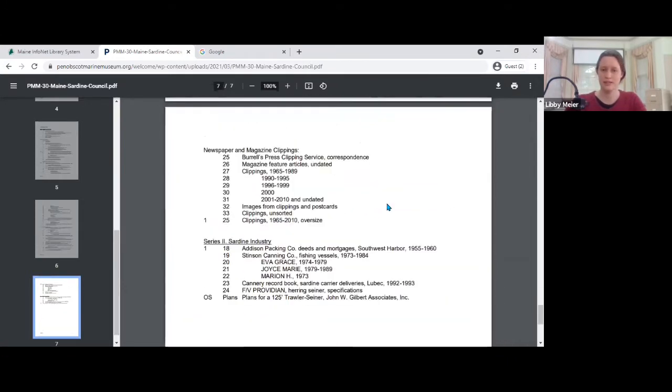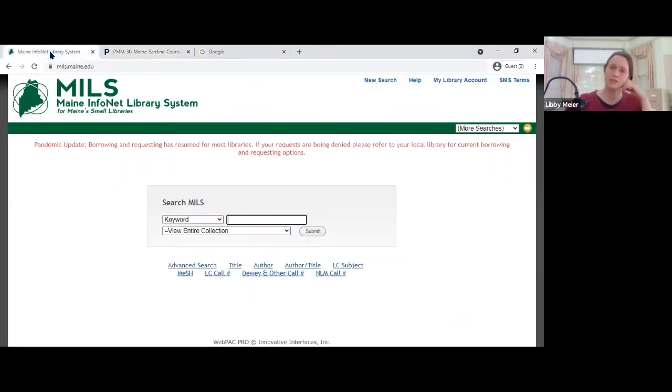All right, thank you. So another way we can search for manuscripts is through the Maine InfoNet Library System, or MILS. This is also linked through the Penobscot Marine Museum's page. And it has a similar search engine, but it pulls from slightly different fields. So sometimes if you don't find something in Past Perfect, you can come over to MILS and it will show up for you. So Gina, if you put in lobster boat,